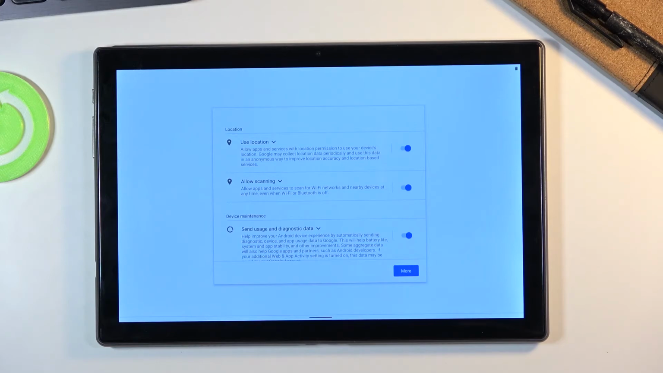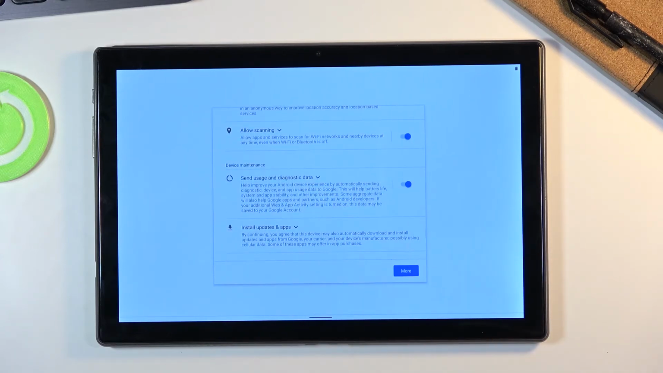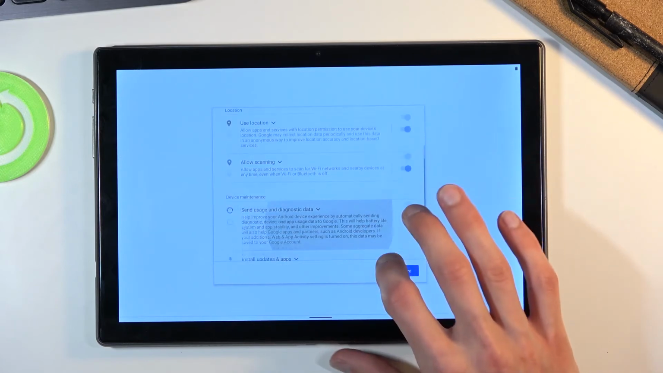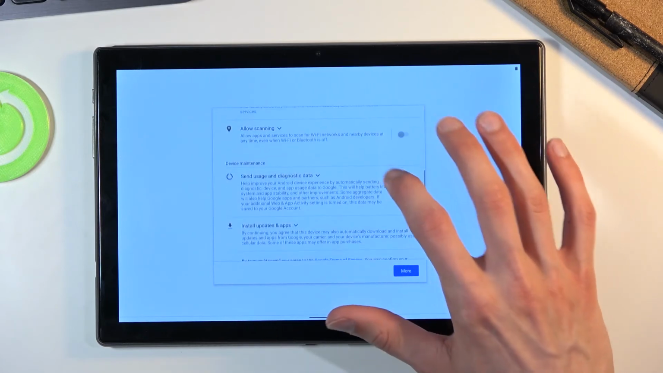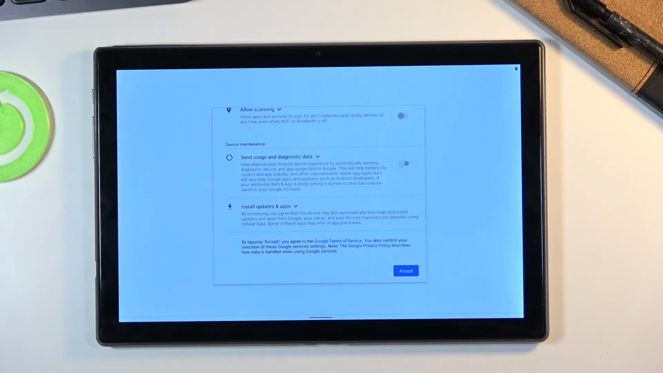Then we have scanning, which allows the device to use Wi-Fi and Bluetooth to scan for devices around you, and also just to connect to those if you want to. And then send user and diagnostic data basically gathers data on how you use the device and sends it to Google. Now if you don't want any of those, you can just tap on them to disable it, and from there scroll down and select accept,